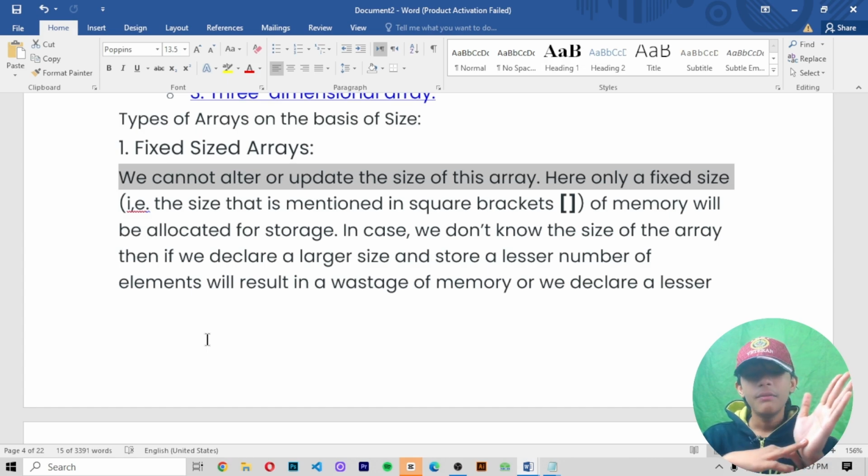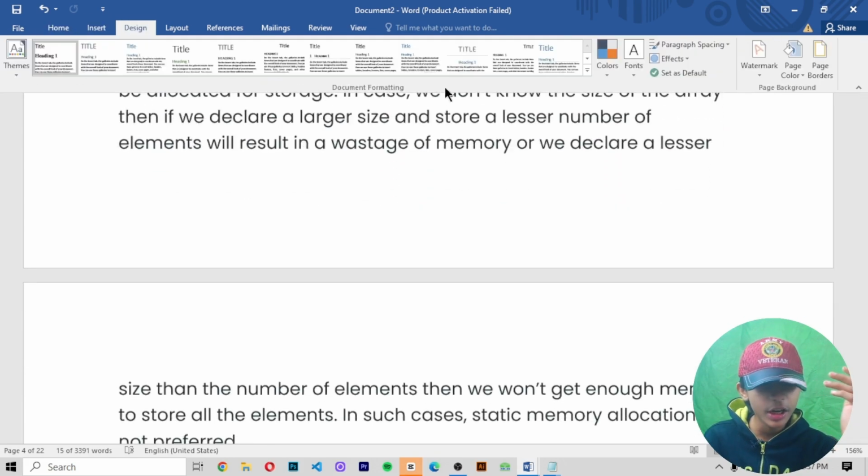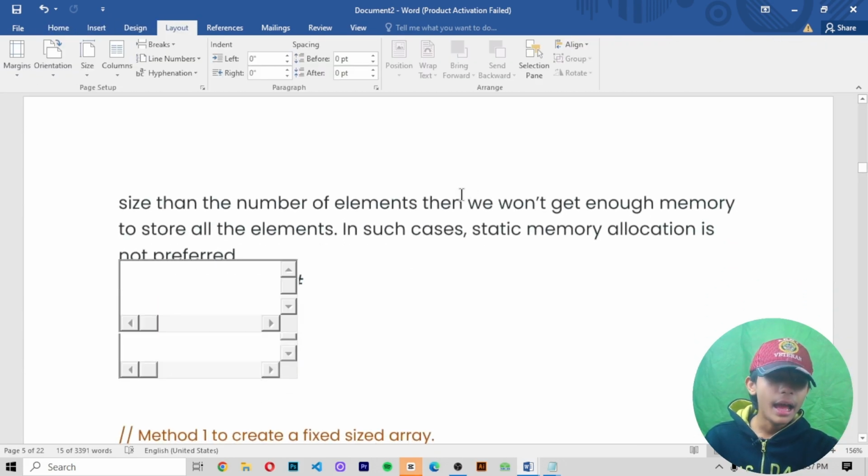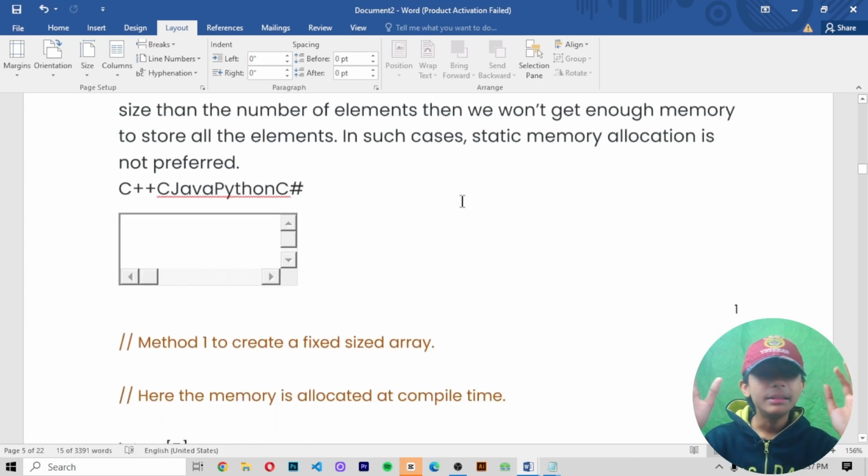If we don't know the size of the array and declare a larger size but store fewer elements, the result is wastage of memory. Or if we declare a lesser size than the number of elements, we don't get enough memory to store all elements.